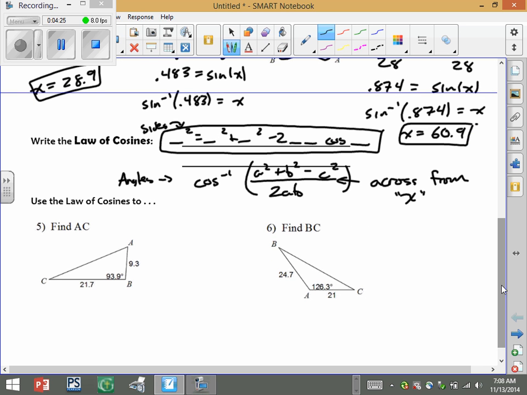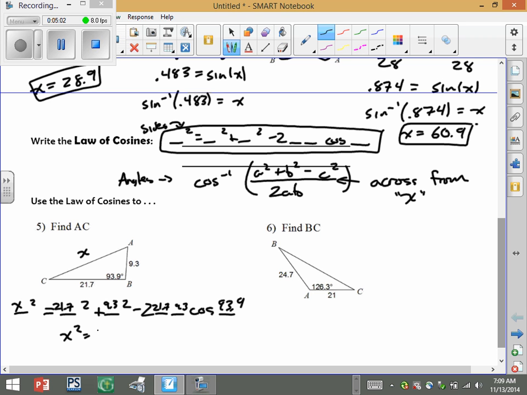So find AC. We're finding a side length. That's where we use blank squared equals blank squared plus blank squared minus 2 blank blank cosine of blank. So 93.9 over here will be x, and then we go 21.7, 9.3. Just put the other two sides in there. And we would literally type all that into the calculator. So 21.7 squared plus 9.3 squared minus 2 times 21.7 times 9.3 times the cosine of 93.9, and that is